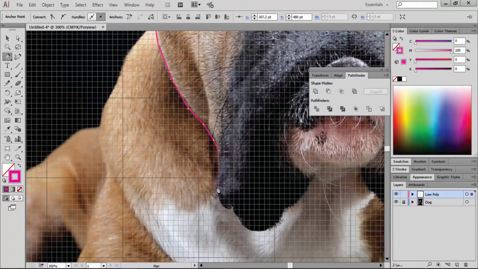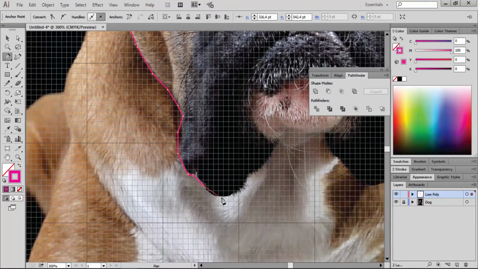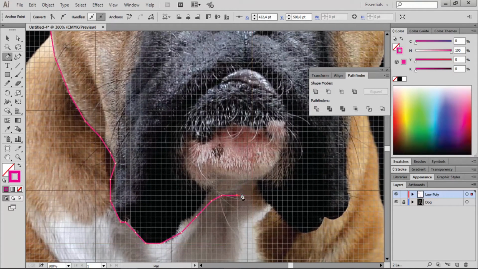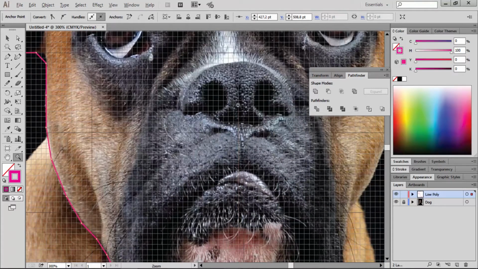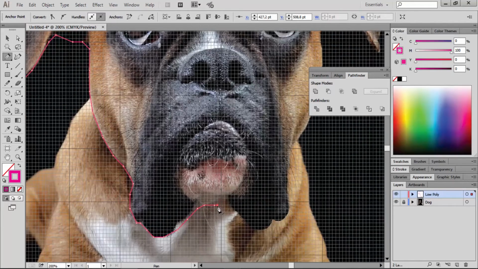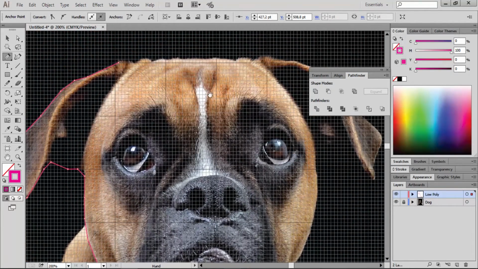We are almost finished here. Let's continue to draw this dog's face. We are now drawing the mouth and we're going to stop at the half because we only need one half of the dog's face because we are going to duplicate the rest of it. We go completely vertical on here.